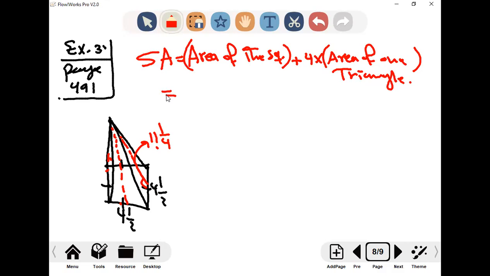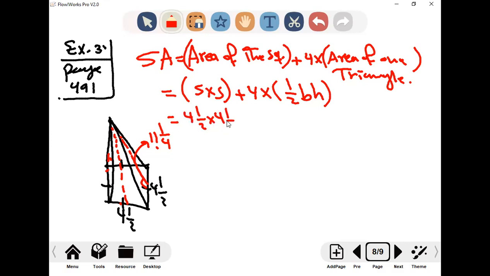This is equal to the area of the square, S times S, right? It's length by width, but they are the same. So here S times S, or S power 2, the same. Plus 4 multiply the area of one triangle, half base times height. Remember? Equal, S multiply S, 4.5